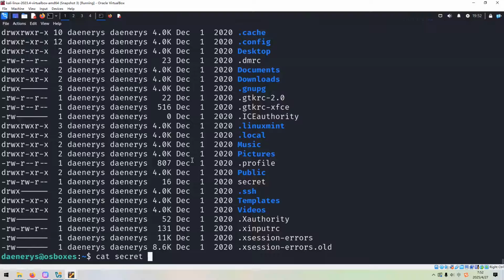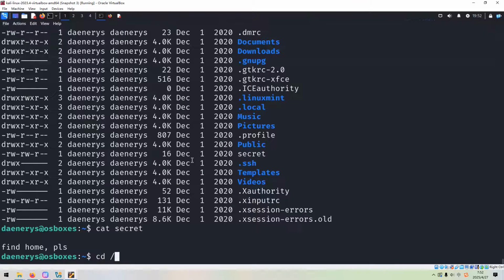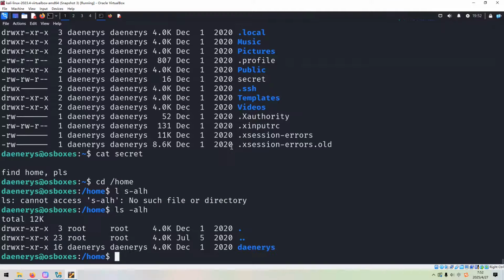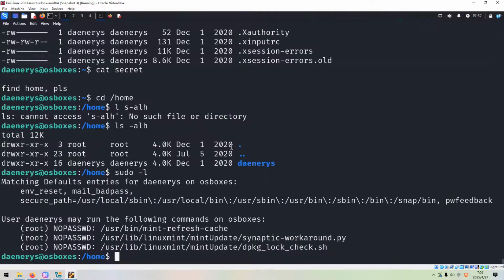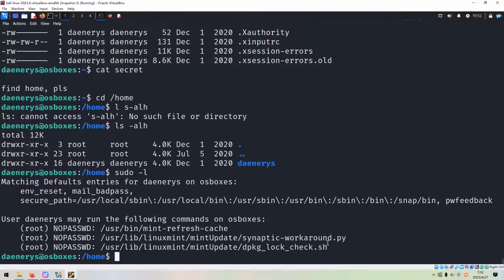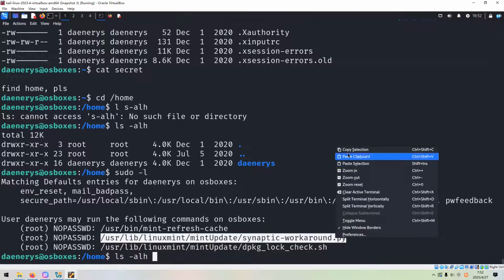Oh, secret. So find home, please. Just one user, sudo. No password. So I think we can elevate privilege by utilizing or manipulating such Python script or shell script. So maybe we can check whether we have permission to manipulate, for example, this script,